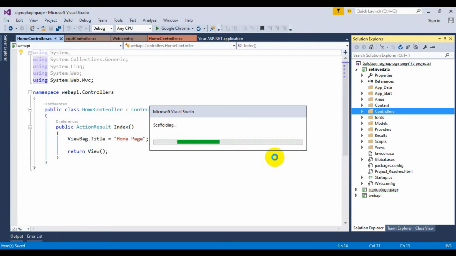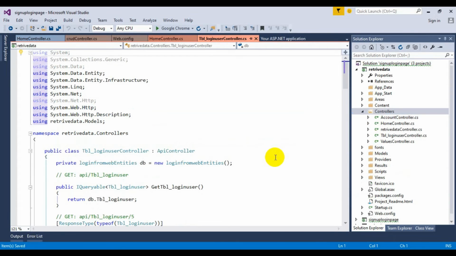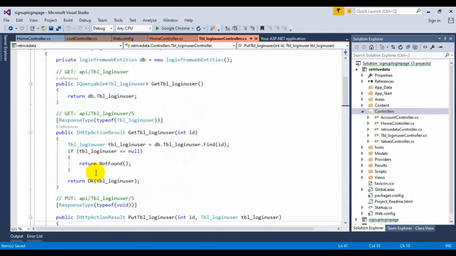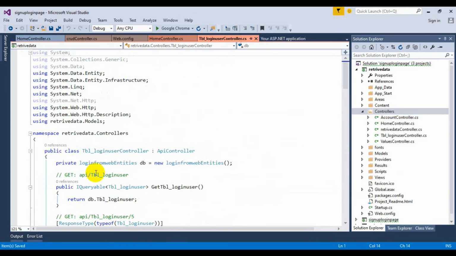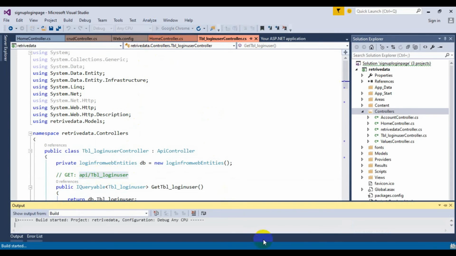The previous one I selected was an MVC5 controller, not the API controller. Now this is my controller where I have auto-generated code for get data, retrieve data, and retrieve data with a particular ID. So now I copy this and run on Google Chrome again.